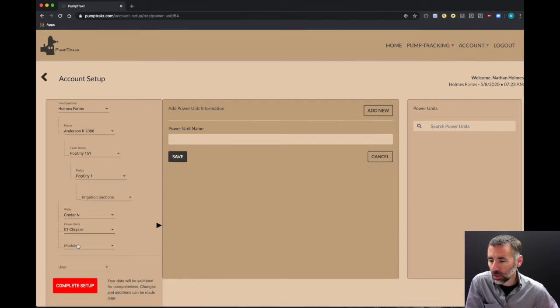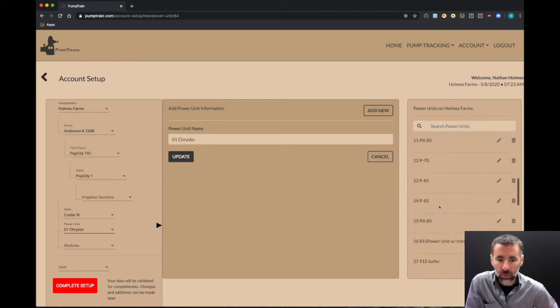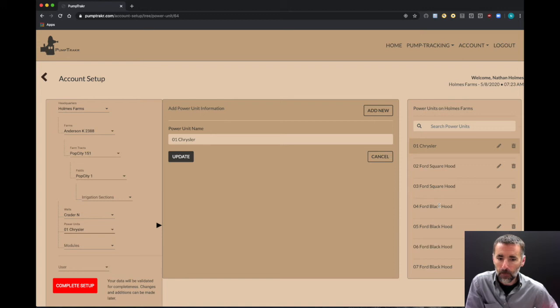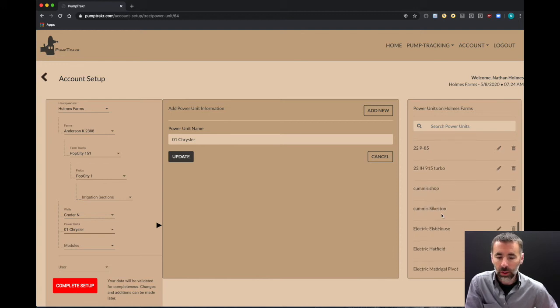Power units, pretty simple here. All you have to do is make a list, name all of your different power units. Whatever you name them, a lot of guys go with serial numbers. This is just a named list that we've had for years and years. You can do it however you want to. You can name them whatever you want to. But I will note this. You need to remember this. Even our electric